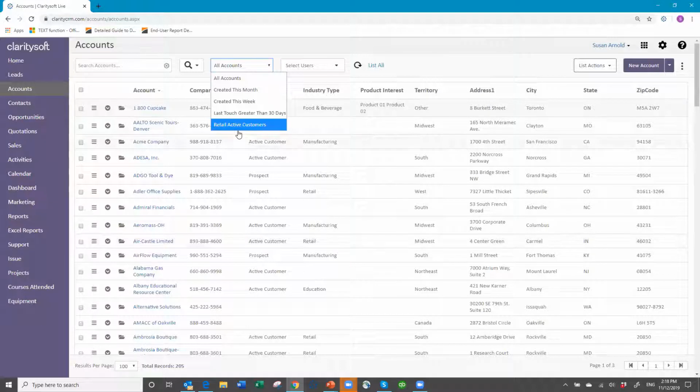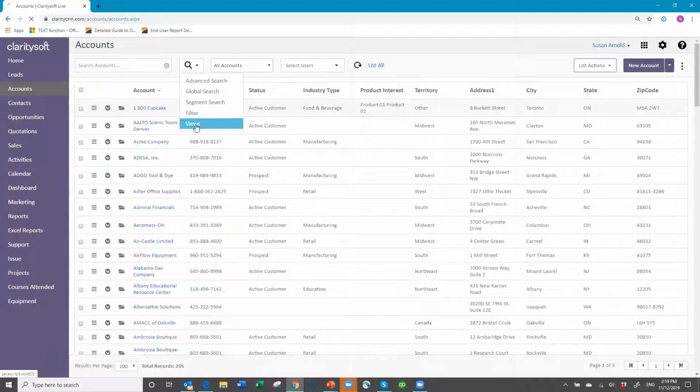The views that you create are for you. Only you will see them when you log into the database. However, if you have created some filters that you know are useful to your other users, then you can go back to the Spyglass button, go to Views,